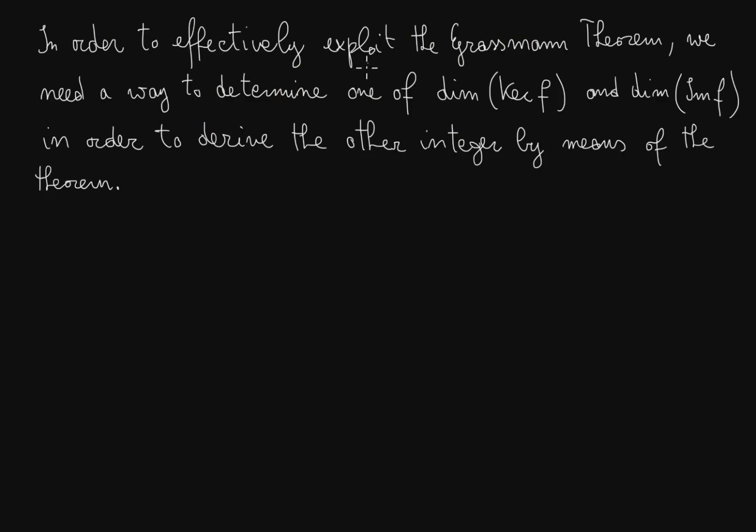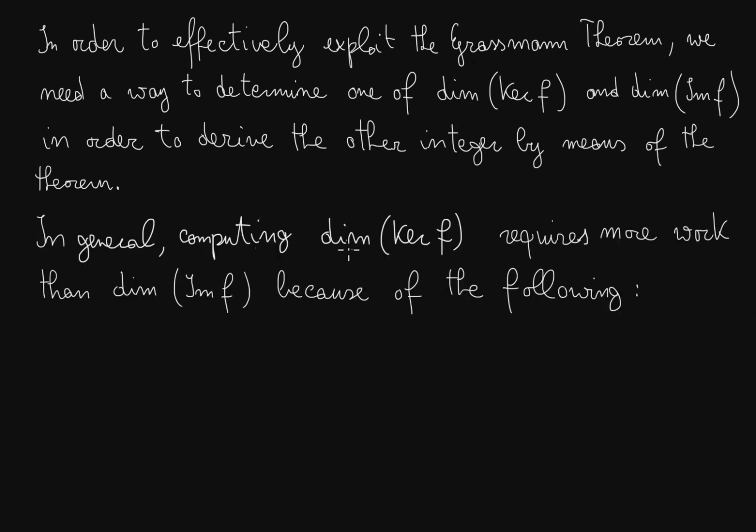In order to effectively exploit the Grassmann theorem, we need a way to determine one of the two positive integers, the dimension of the kernel or the dimension of the image of f, in order to derive the other by means of the theorem. So knowing one means knowing the other, since we are assuming that we know the dimension of the domain. In general, computing the dimension of the kernel of f requires the solution of a homogeneous system of linear equations. So it requires a certain amount of computation to be determined. The dimension of the image of f, however, in general, is a little bit less tricky, in the sense that